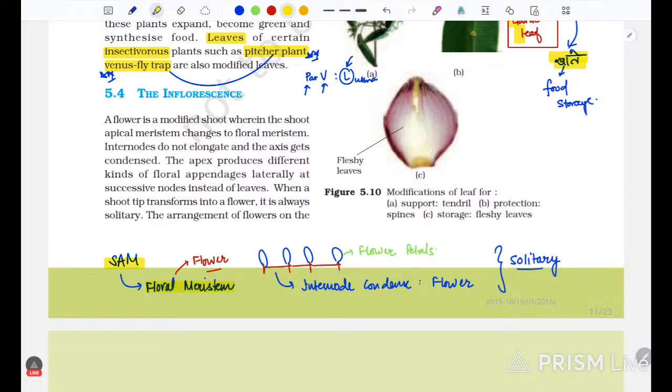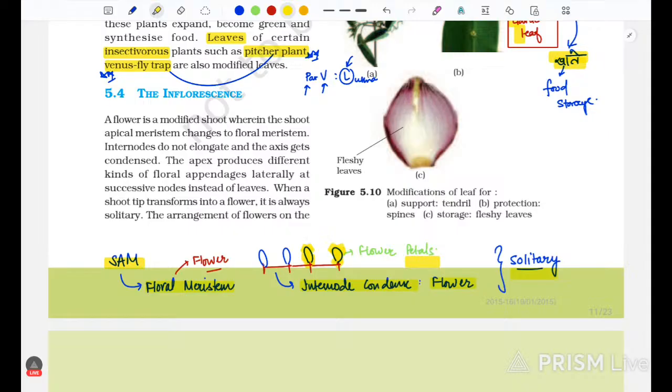Floral meristem में क्या difference है कि internode condense होकर के flower बनाते हैं, और वहाँ पर एक पत्ती उगती है जो कि flower की petal होती है, ना कि leaf होती है। और फिर हम याद करेंगे कि ऐसा जब भी होगा तो वो solitary होगा। तो ये जो diagram है ये प्लीज़ बना लो कि internodes छोटे हो रहे हैं और हर node के ऊपर में petal उग रही है।